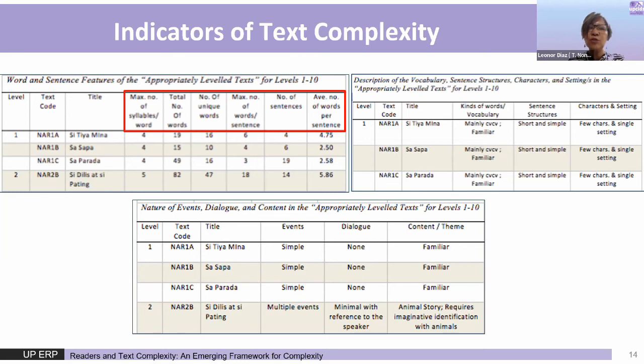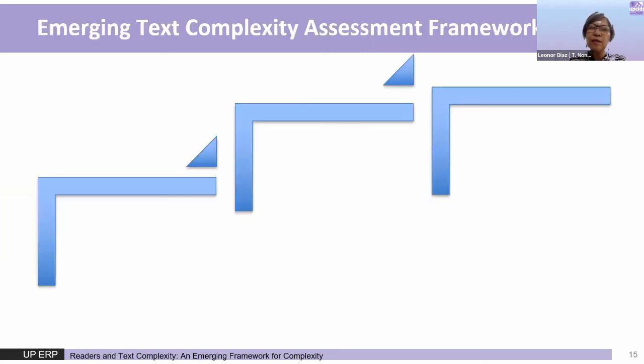Qualitative analysis focused on text structure, story elements, kinds of words, sentence structure, content, and cohesion of the text. The appropriately leveled texts were analyzed to arrive at the distinct features for each level. Therefore, texts for the lower grade levels have shorter sentences and texts, simple vocabulary, fewer complex structures, minimal characters, dialogue, and setting, lesser events, and more familiar themes. Readers' comprehension ability should be included in any endeavor